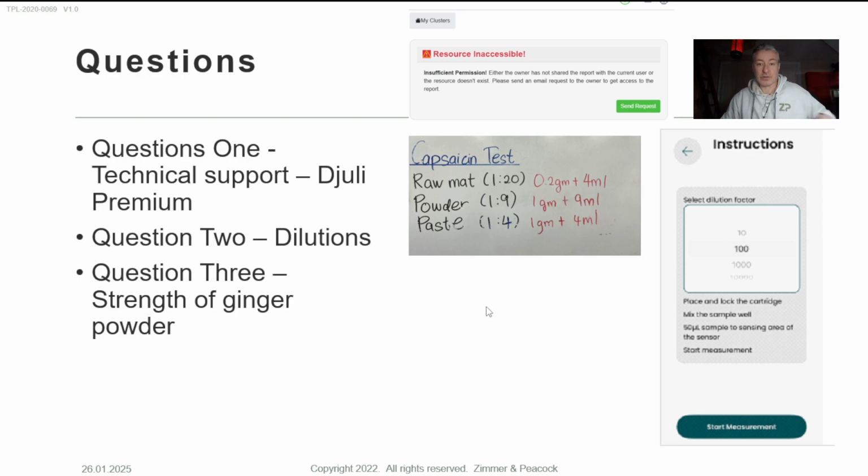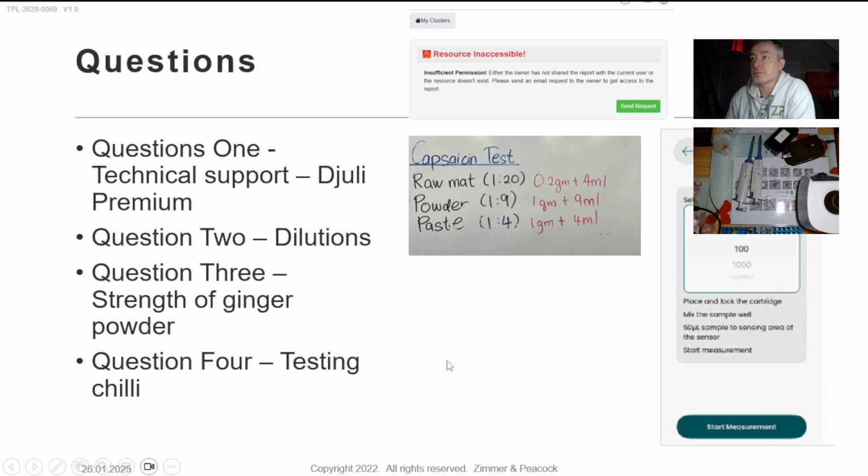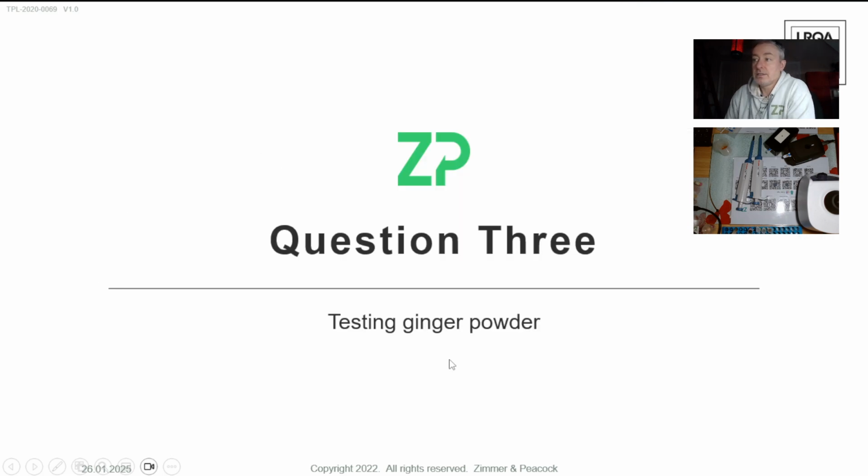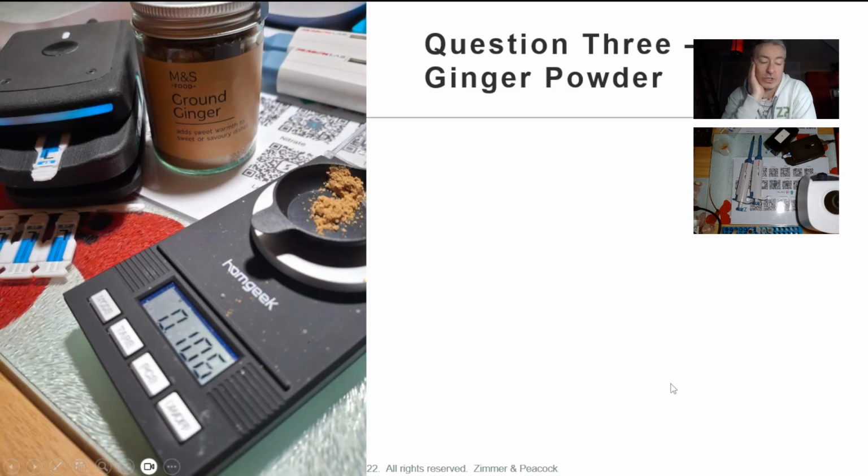With that said, let me go forward a little bit more. I will do some testing of ginger powder today, and at the end of it, I will also do some testing of chili as well. So I'm going to jump now to testing of ginger powder. So I'll probably describe what I've done. I was trying to weigh out 0.1 grams,